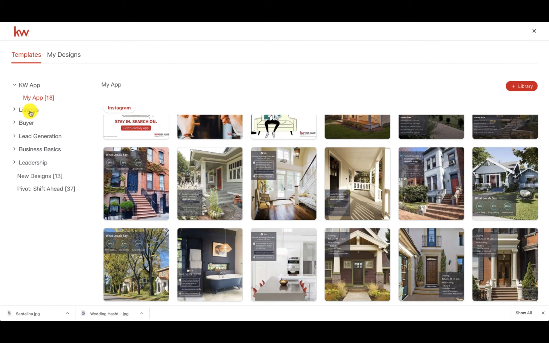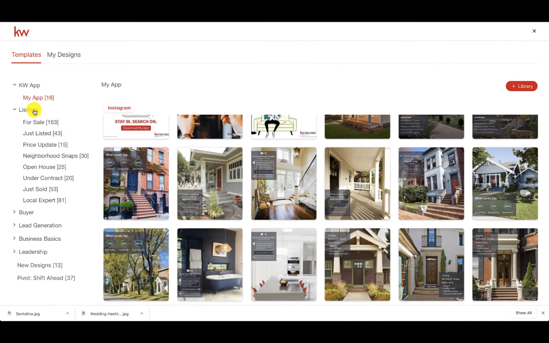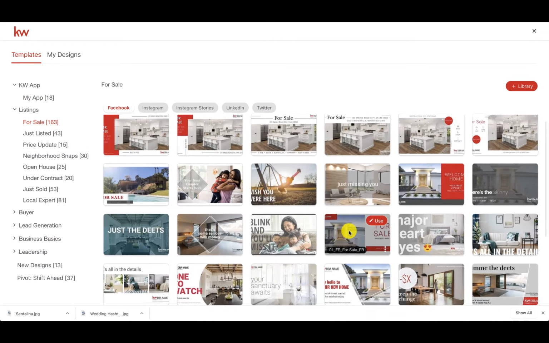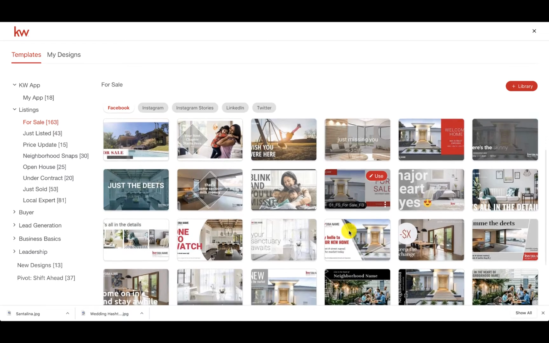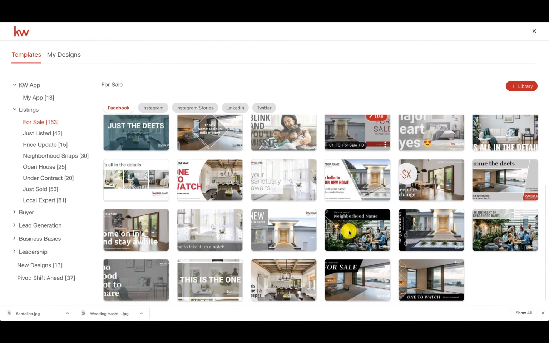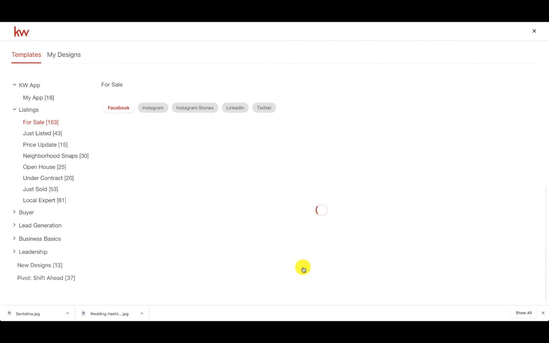So in my case, I go down here to listings, and then I go look at the for sale. And I'm looking for a template that would work on Facebook, that doesn't have too much text, or that would be easy to remove the text. Okay, something like this one down here. So I'm gonna select use,